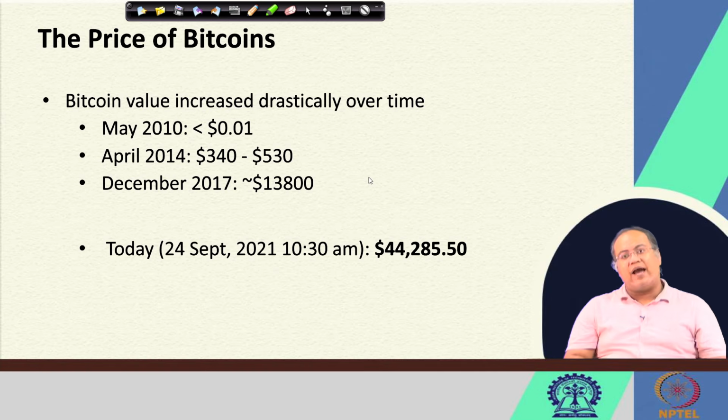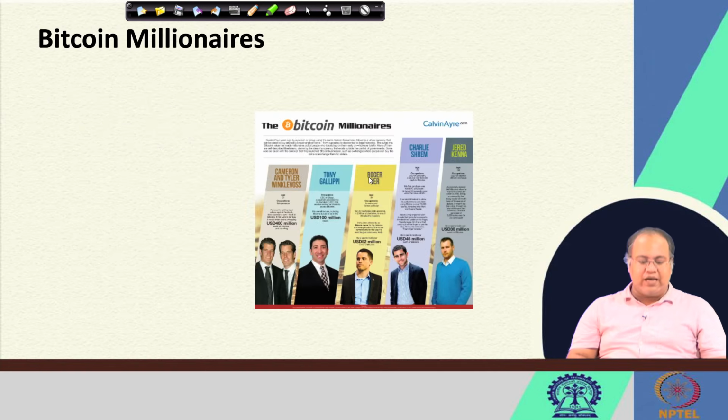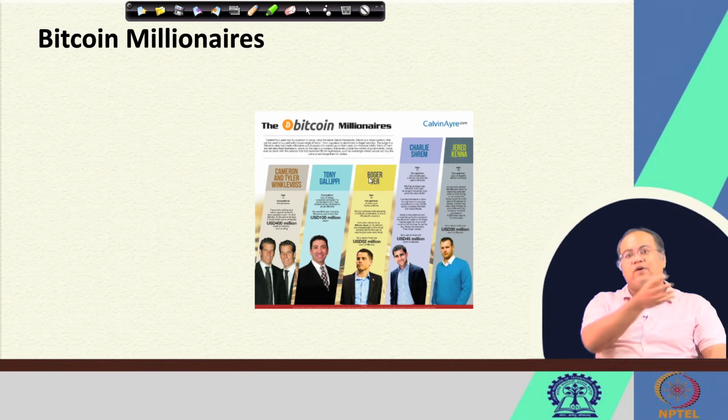So you can see that the price of Bitcoin has increased drastically, and that way the people who mined Bitcoin in its early times have become millionaires right now. There are multiple people who initially got hold of some Bitcoin. If it was 100 Bitcoins at that time, around 2011, 2012, or around 2015, now it is equivalent to millions of US dollars.